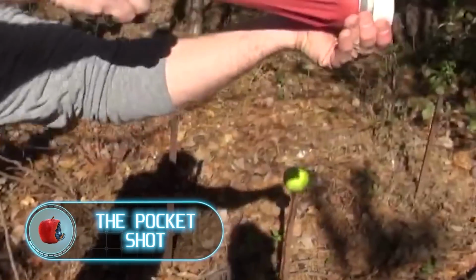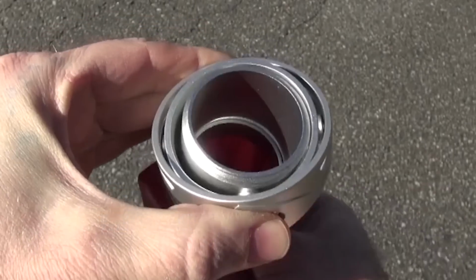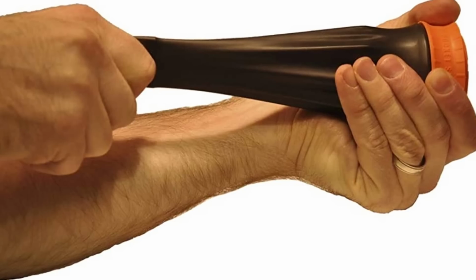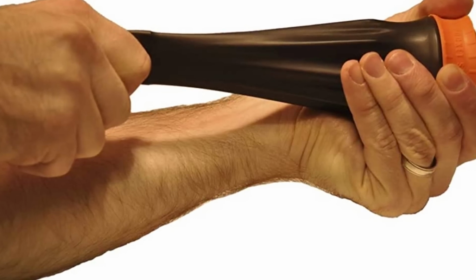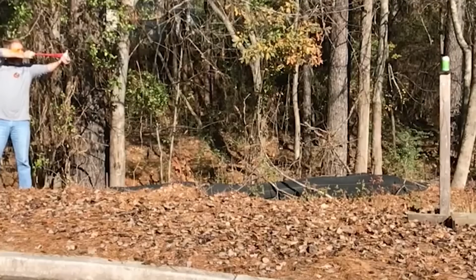The pocket shot. Some of you may have made similar weapons from improvised tools back when you were small, but the makers of the pocket shot call their device the evolution of the slingshot. The patented design allows users to load and shoot a variety of projectiles at 2 to 3 times faster than with a regular slingshot. The device is perfect for hunters and outdoor enthusiasts because its tiny size allows you to